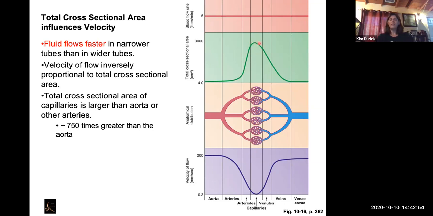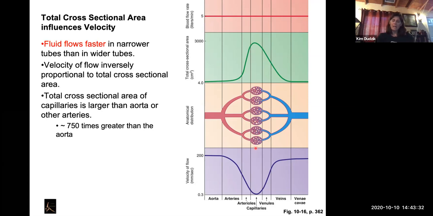The diameter is the largest compared to all of these. It's better to say total cross-sectional area. So in the largest vessels, fluid flows the slowest. Okay, then the opposite happens with our veins, back to mirror what happens with our arteries. This is adaptive. Think about it. If blood just flew really fast through our capillaries, there wouldn't be time for the diffusion of oxygen and CO2 and the nutrients and the waste products. There would be no time for that.